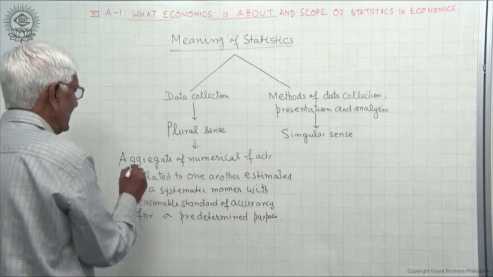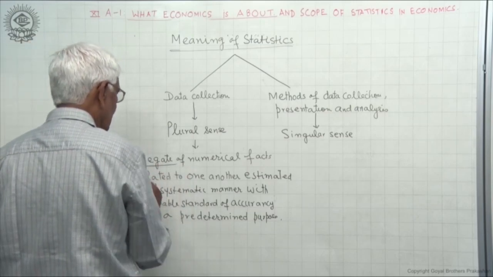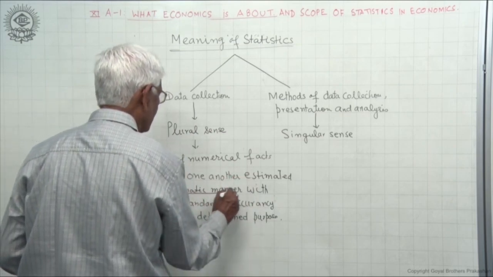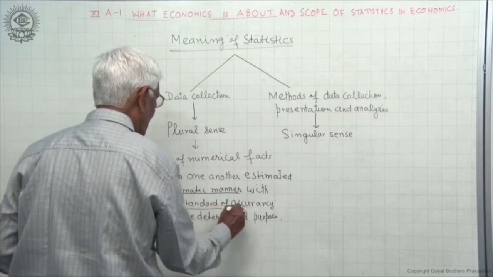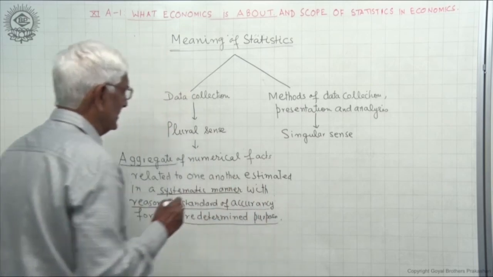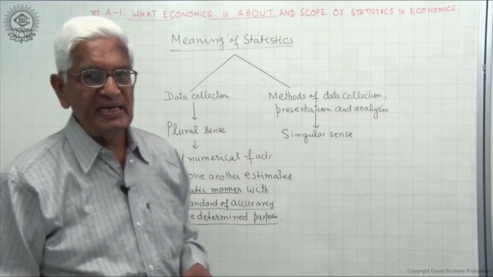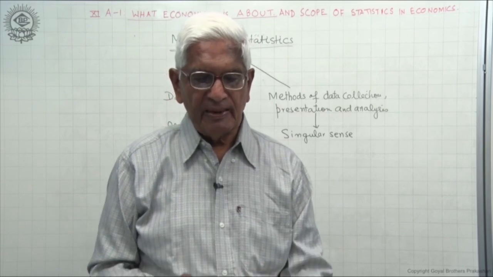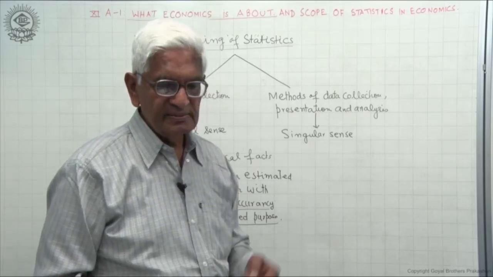देखिए इसमें कितनी बातें आ गई हैं. Aggregate, estimated in a systematic manner, reasonable standard of accuracy, predetermined purpose. ये चार बातें इसकी डेफिनेशन में आनी चाहिए. तो ये डेफिनेशन अपने आप में कंप्लीट हो जाती है।